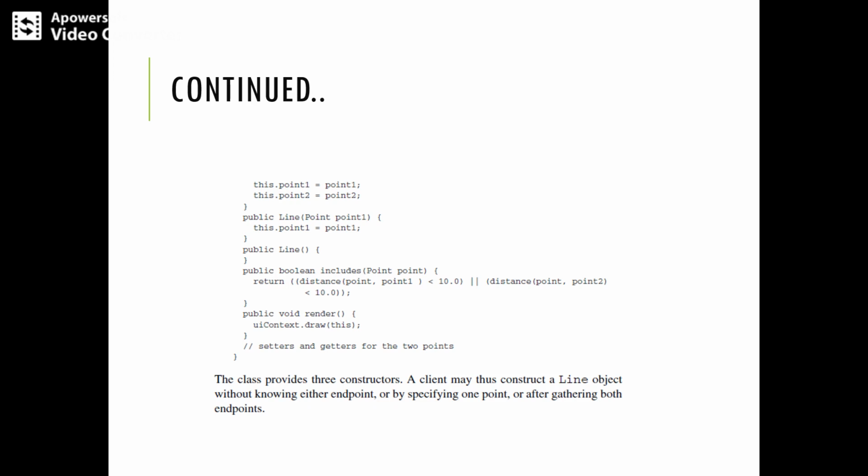Similarly y point 1 minus y point 2 difference square will be taken. So this class provides three constructors. So the client may use these to construct a line object without knowing the endpoints, by specifying one endpoint, or by giving both endpoints. So that we need to consider here.